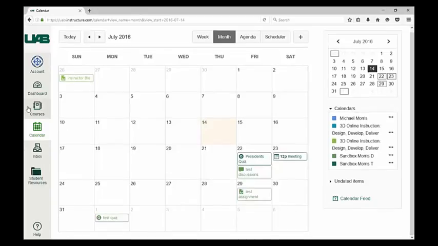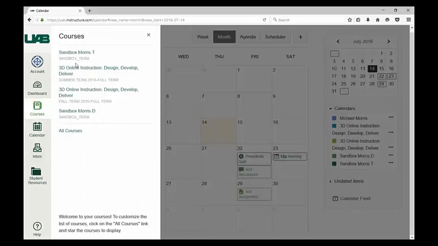Were there any questions? Anything you wanted me to demonstrate more of? Would you suggest using the grouping function? Do you think it's easier for a student to navigate if all of their discussions are in a group and all of their quizzes are in a group? For assignment groupings,